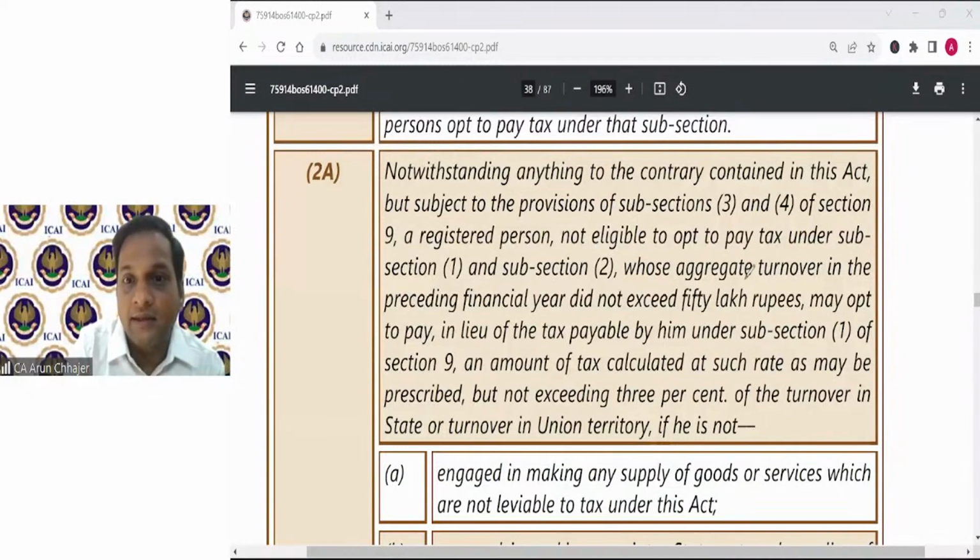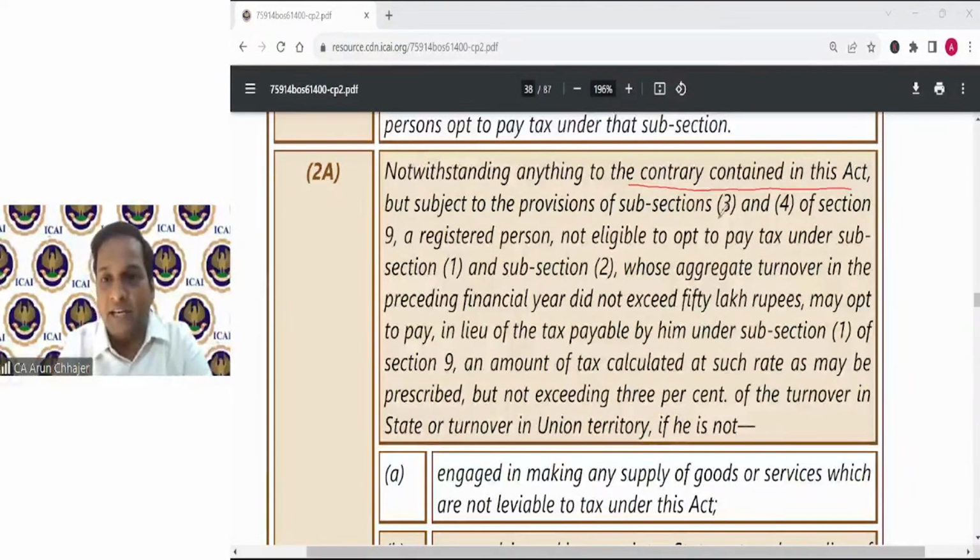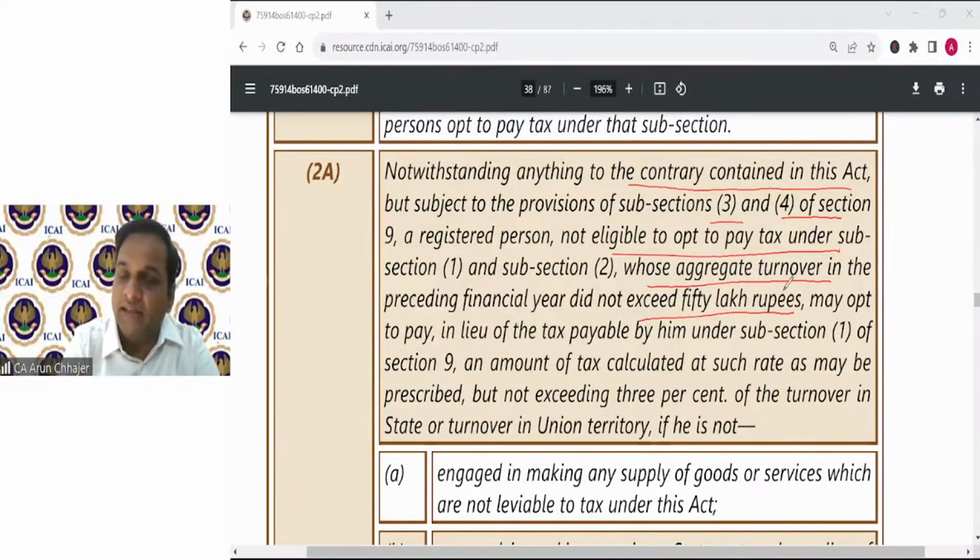Notwithstanding anything contained to the contrary in this Act, but subject to the provisions of 9.3 and 9.4, a registered person not eligible to opt to pay the tax under subsection 1 and subsection 2, whose aggregate turnover in the preceding financial year did not exceed 50 lakh rupees, may opt to pay the tax in lieu of the tax payable by him under subsection 1, an amount of tax calculated at such rate as may be